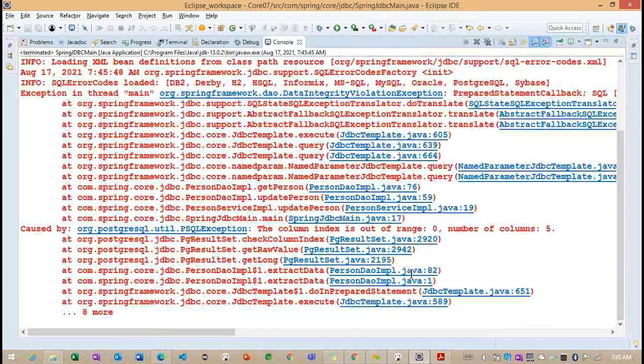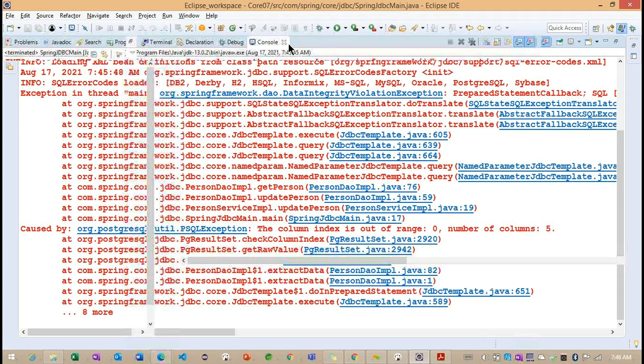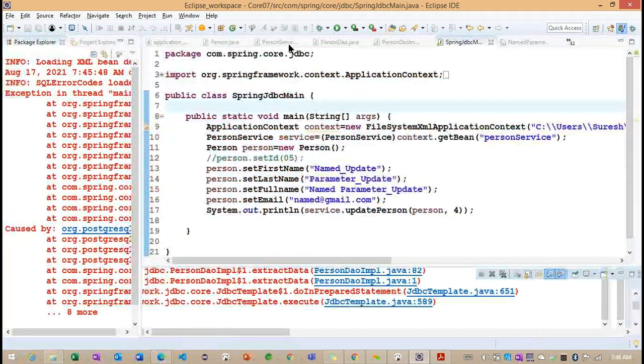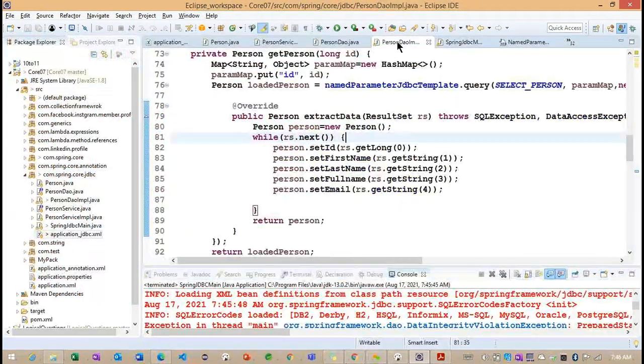Still, okay, the column index is out of range. 0. The number of columns we are getting is 5. Maybe this is coming from the index, I guess. Now what we can do, we need to understand what indexes we are getting here.